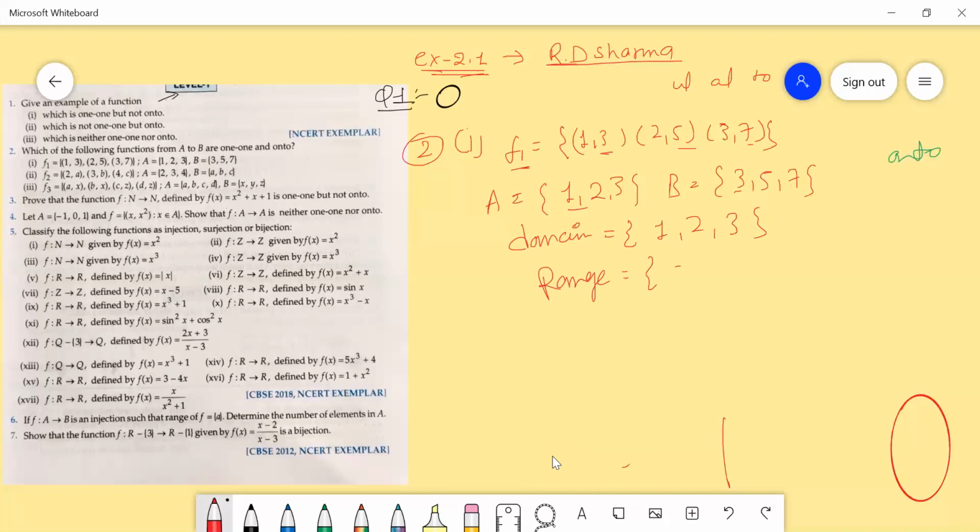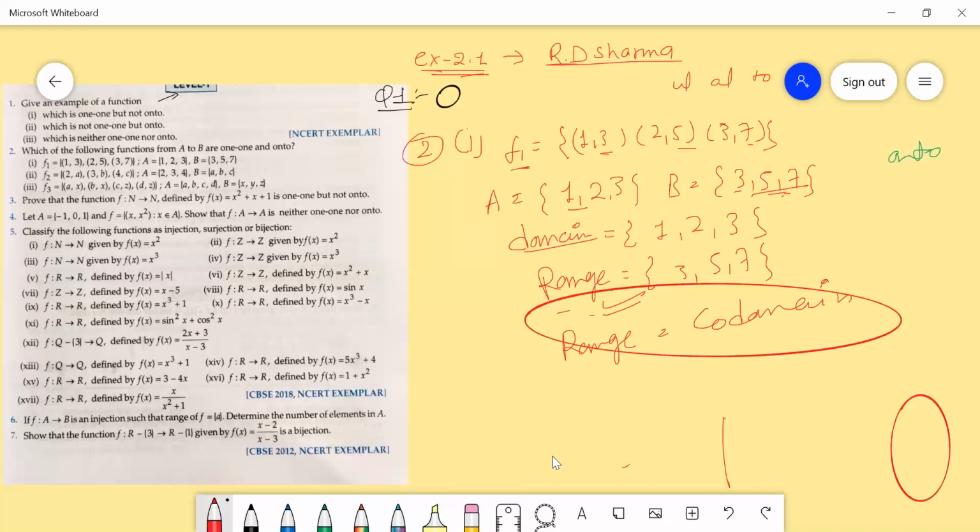Here the range of f1 is 3, 5, 7, which is also present in the codomain. So the range is equal to the codomain. So we can say this function is an onto function.